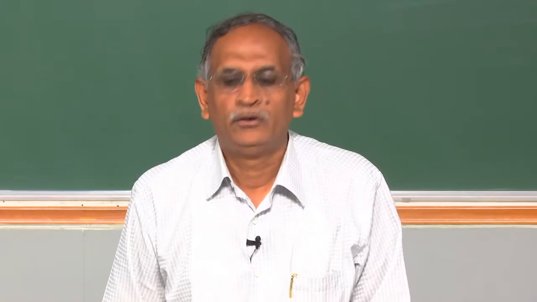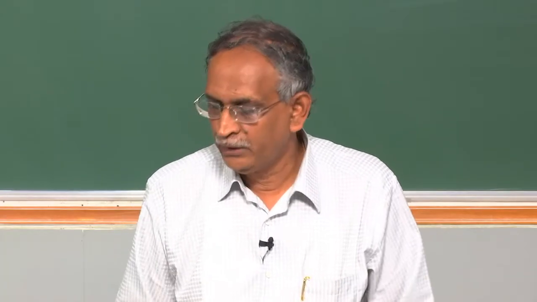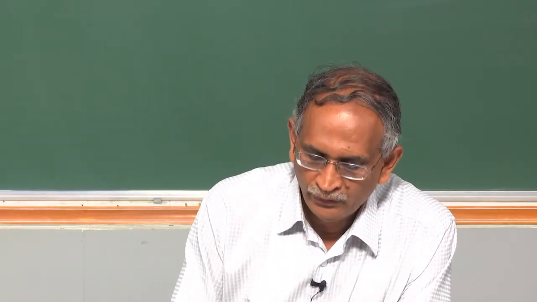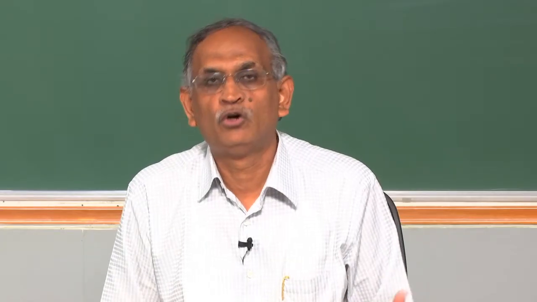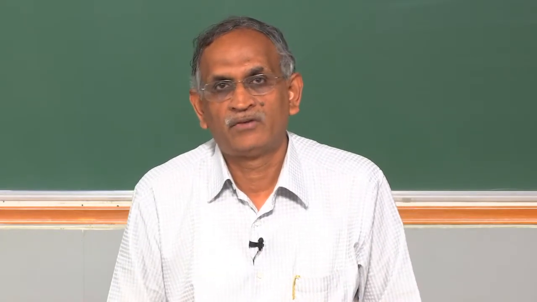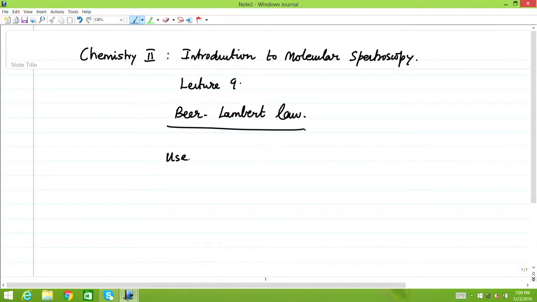Welcome back to the lecture on spectroscopy, the introduction to molecular spectroscopy and chemistry 2. This is a very short lecture on an important quantitative law known as the Beer-Lambert Law, which is used to study the fluorescence properties and also determine concentrations of compounds which show fluorescence characteristics in samples. Therefore, it is a quantitative law used to measure concentrations of species